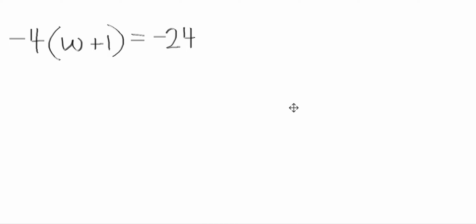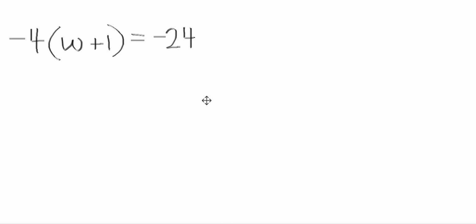I will solve this equation. I will solve for W. This is a two-step equation, except there's one thing we need to do in order to bring it to that form. There's these parentheses and a number in front of the parentheses. We have to do the distributive property before we